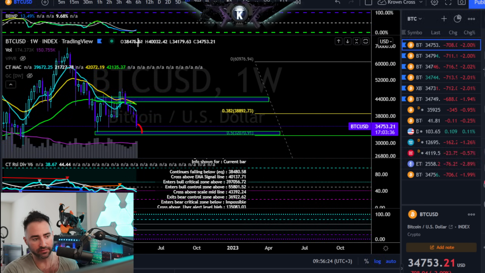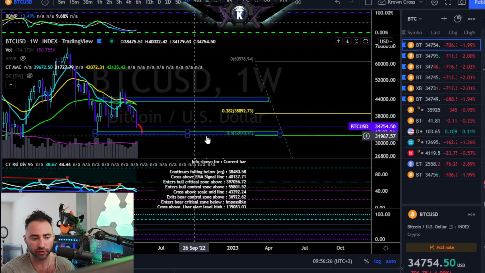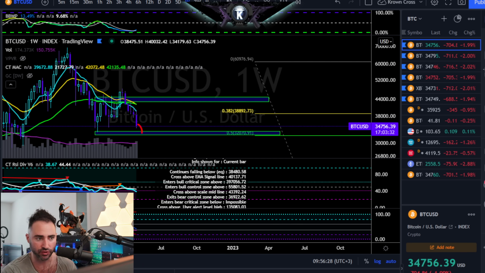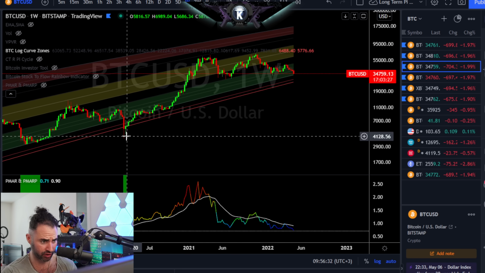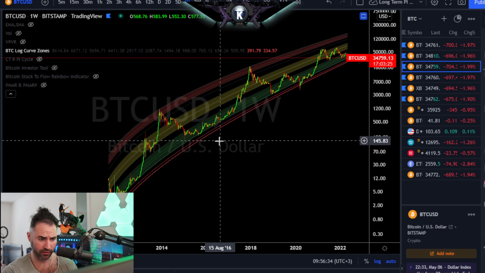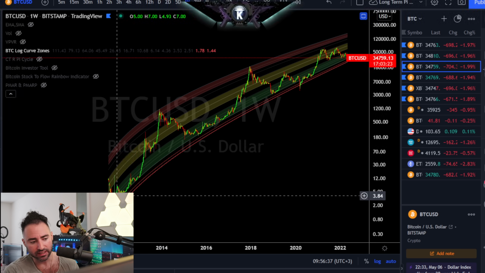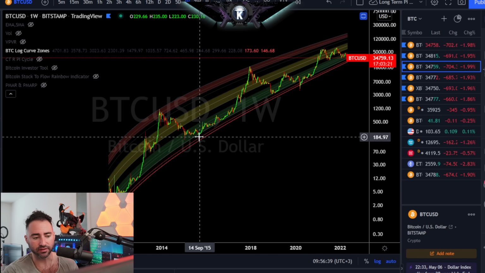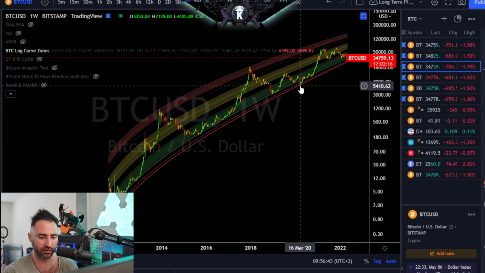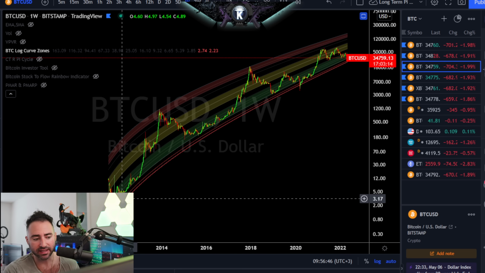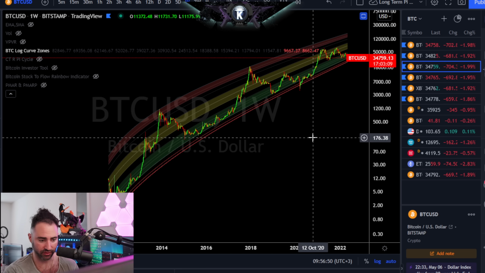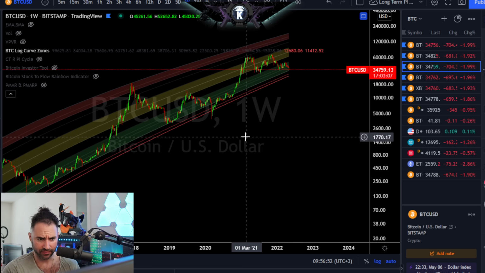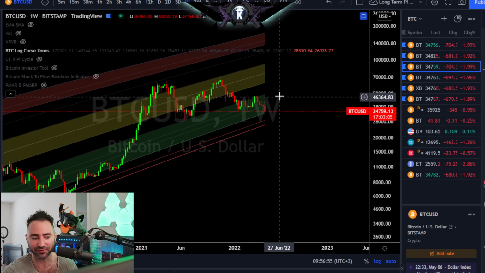Also on this thread of analysis, I should point out that also in confluence with that low 32,000-ish dollar region would be the log curve chart here, the macro log curve chart, I should say, of which we do see the bottom green end of this has been accurately getting, despite some wicks here and there and some deviations like you saw in March 2020, more or less the macro lows for Bitcoin over the course of its 12-year or so history. The full-on history.